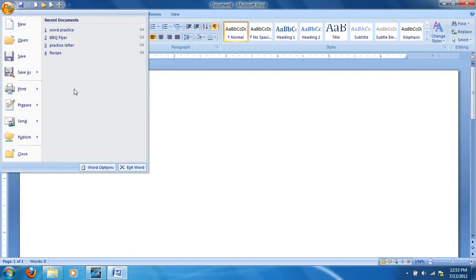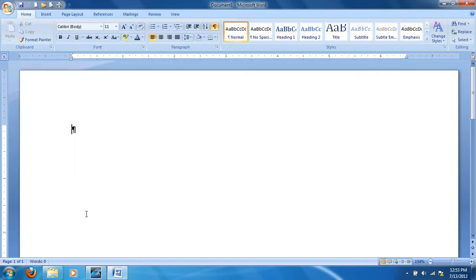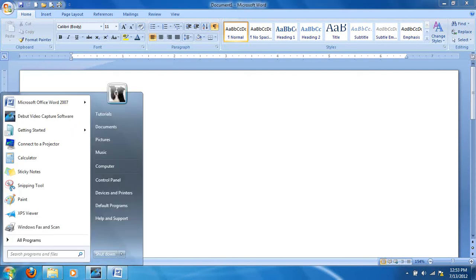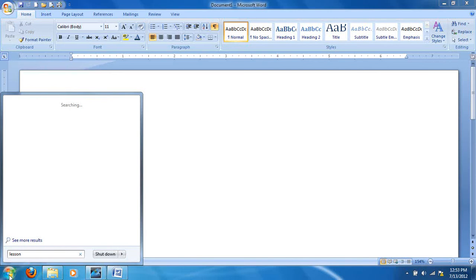The next way is to use the Windows search feature. In Windows 7, click on the Windows icon in the bottom left and your cursor is automatically placed in the Search Programs and Files text box. Type the name of your file there and then either click on the magnifying glass or press Enter. So if I type lesson 5,